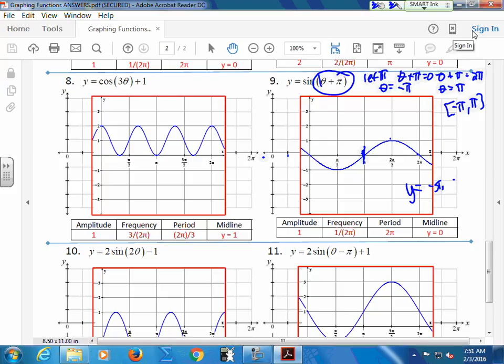A reflection. Couldn't this also be a reflection? Because aren't I going the same way? 0, negative 1, 0, 1, 0. They would have to tell you. I would have to tell you. Give me a phase shift, or just give me, that's why when it comes to finding equations, you can get